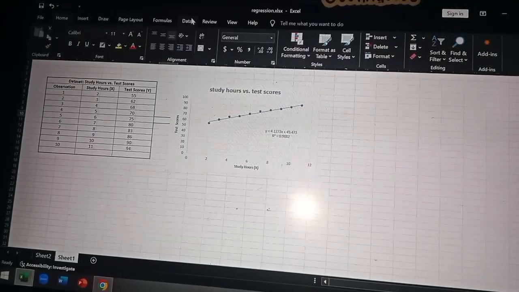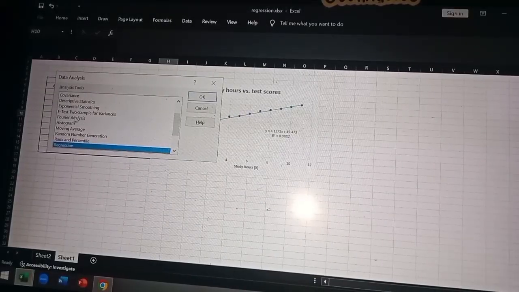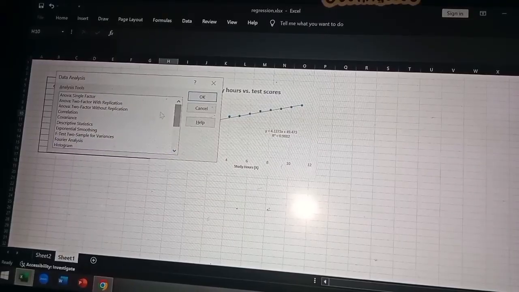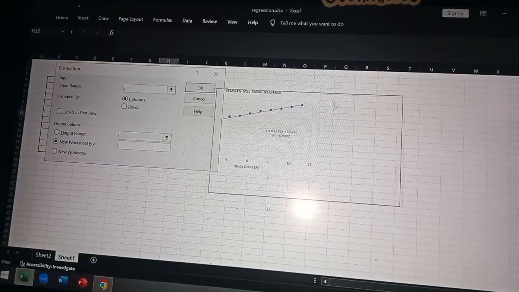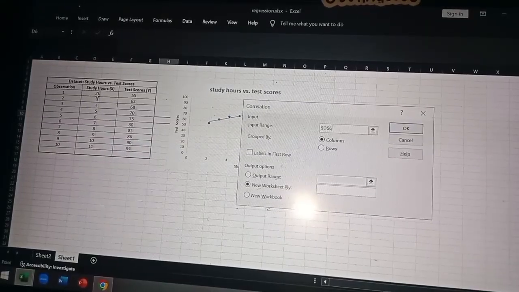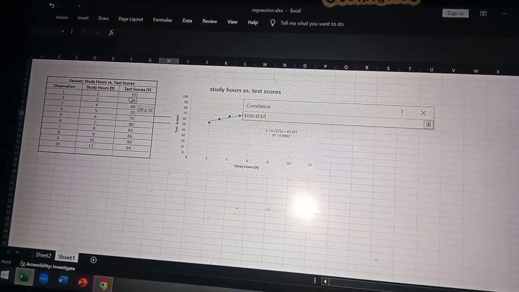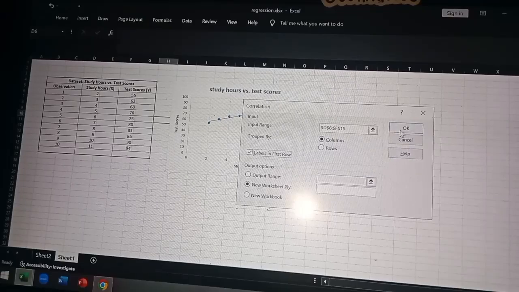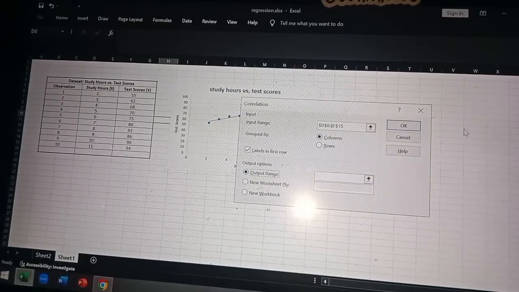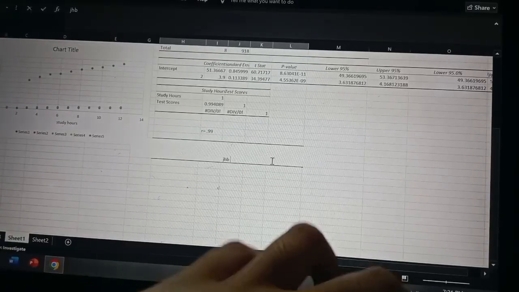So by going to the data analysis, this one, and then we're just gonna have to choose the correlation option, this one, and then click OK, and then input range. Wait lang. Oh my gosh. Have to select all this range, and then we're gonna have to label in first row, and then output range here na lang. So our interpretation here is